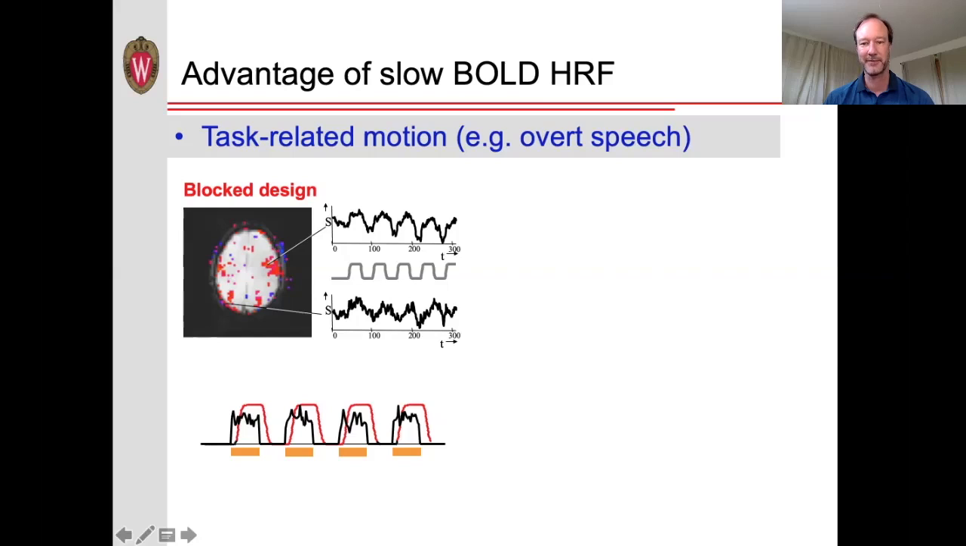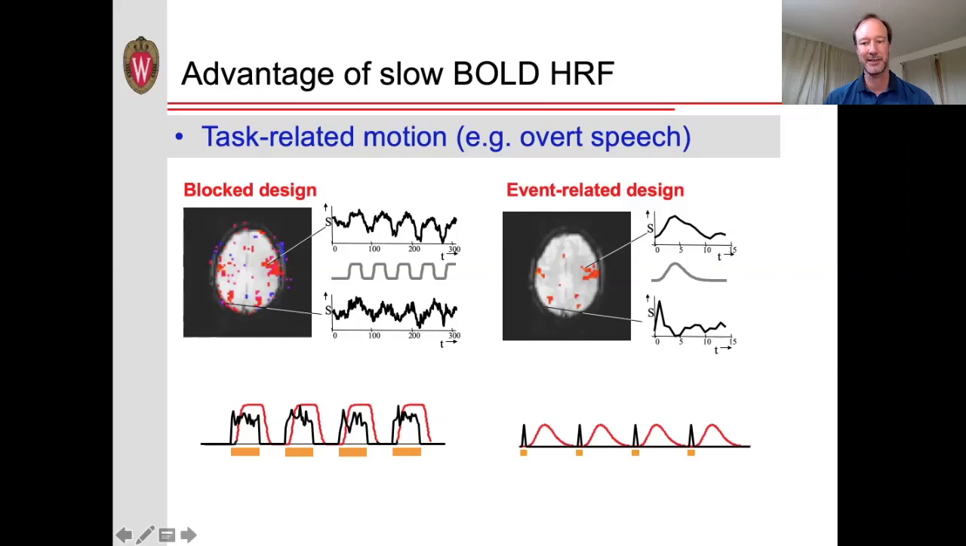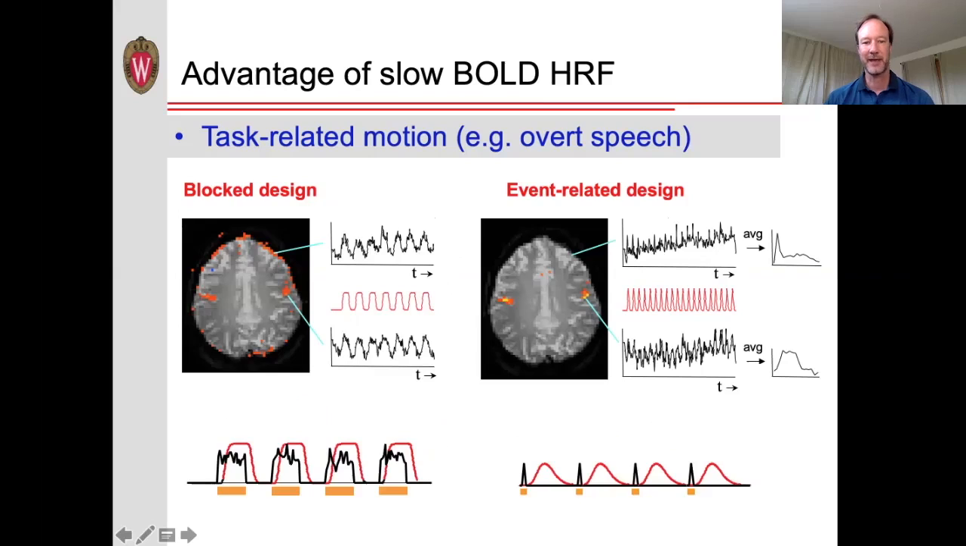we have the person speak just a single word and then wait, the artifact, the movement, happens right during that speech, whereas the BOLD response is delayed and happens after that. So if we map that out, you can see a much cleaner activation map without the artifacts at the edges. Here's another example of that, just a different particular study, again showing how you can reduce the artifacts by going